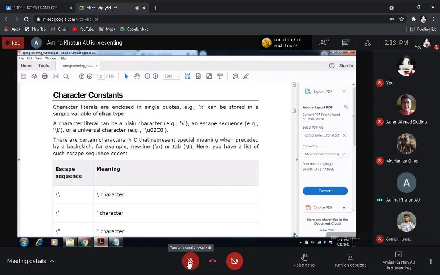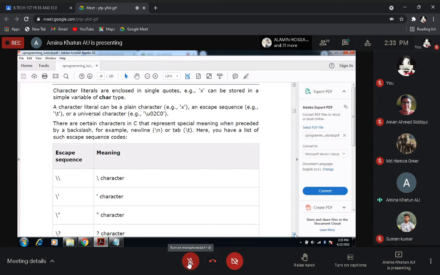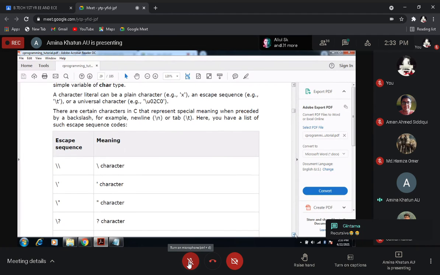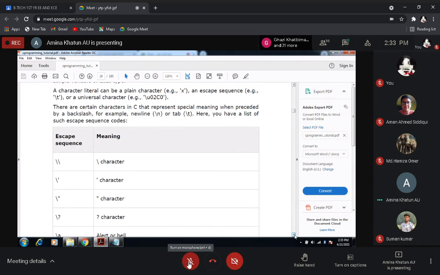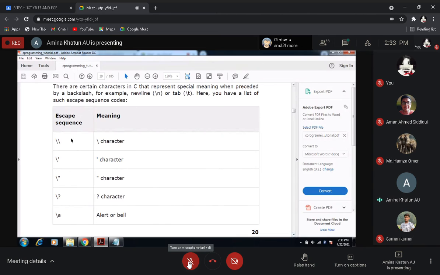Let's see some examples. There are certain characters in C which have special meaning when preceded by a backslash. Here you see \n or \t. These are called escape sequences. A double backslash means the backslash is itself a character.